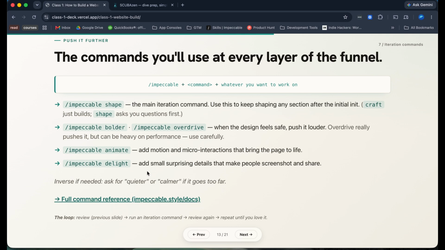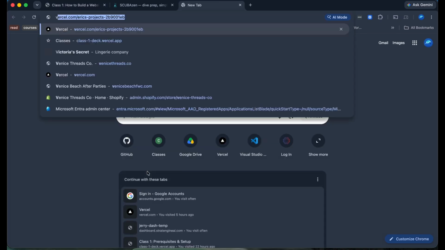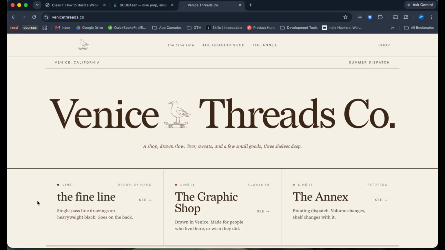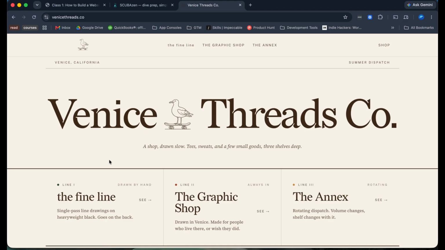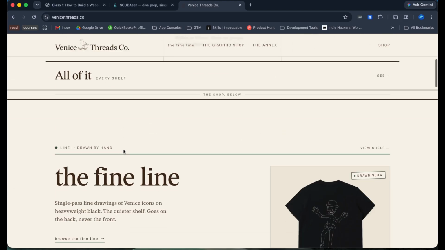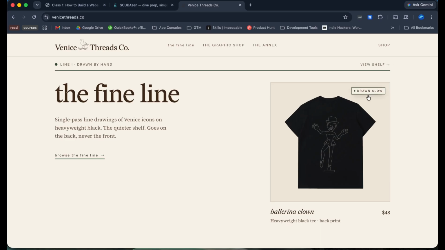What Animate will do is add motion or micro interactions to things that you have. To show you on my Venice Threads site, Animate would be like, hey, let's make the bird move when you hover over it, or maybe this little label will move when you hover over it. That's what Animate adds.